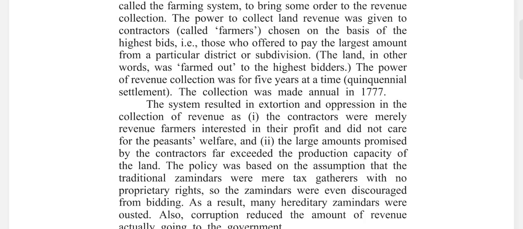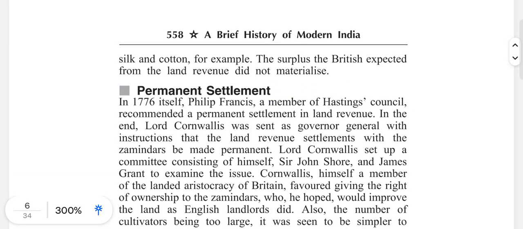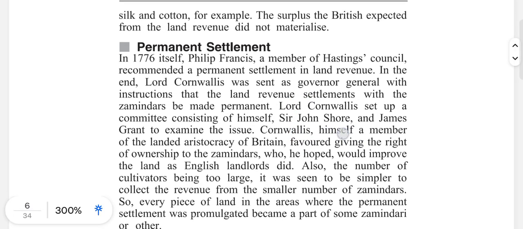The country was impoverished, and as agriculture diminished, so did many items that the British traded in. Silk and cotton, for example. The surplus the British expected from the land revenue did not materialize. Permanent settlement. In 1776 itself,